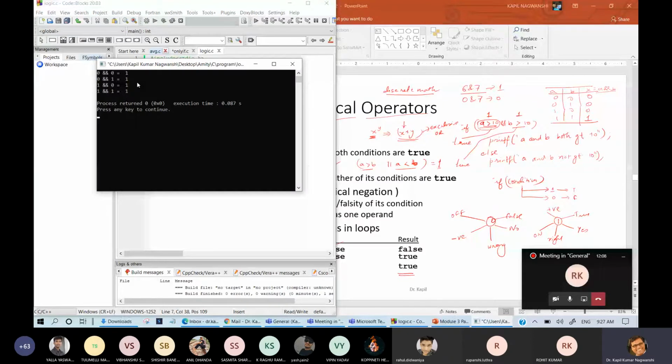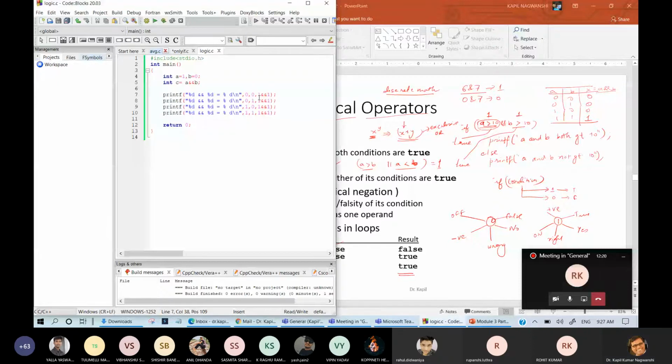I don't know what the reason is. Okay, A is written as 1. So A and A. Let me try this. Oh, yes. Correct. 0 and 0, 0 and 1, 1 and 0, and 1 and 1.